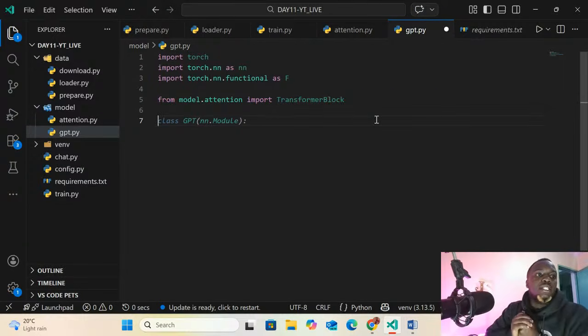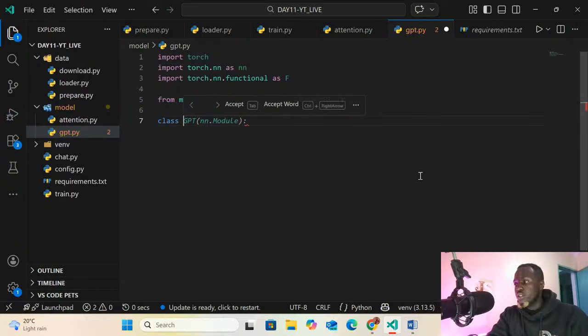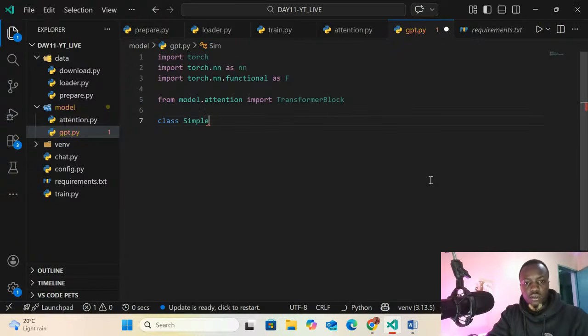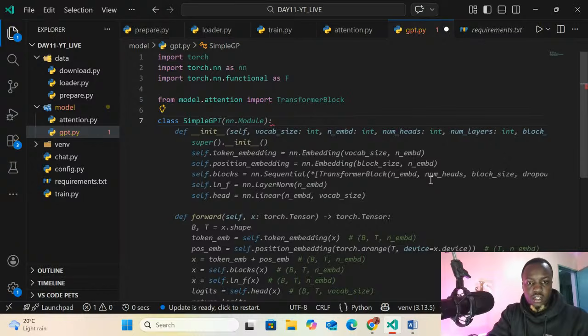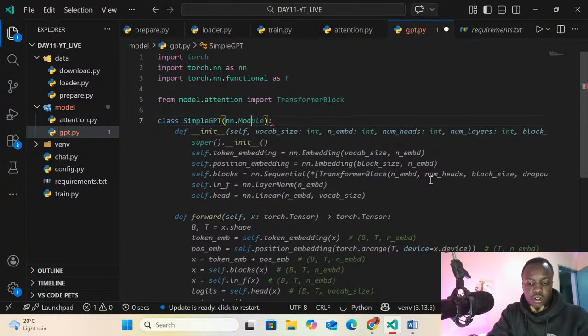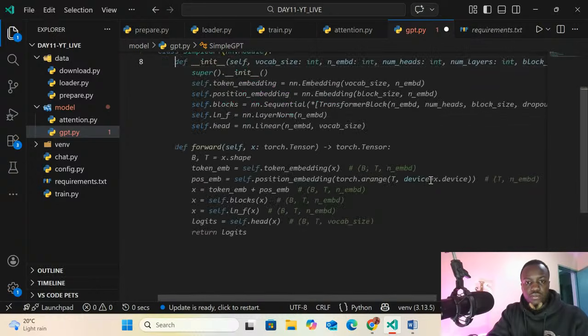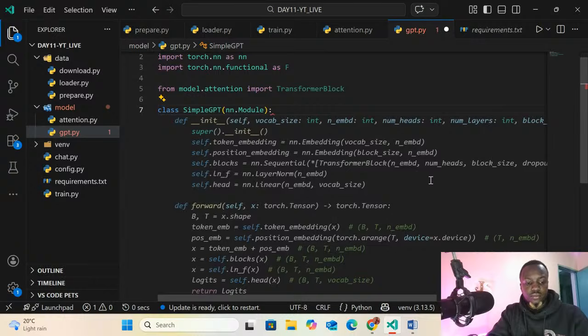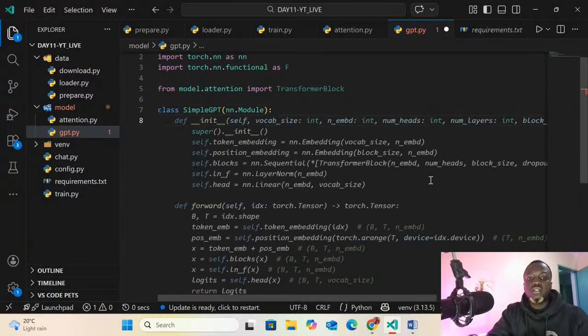So after importing, now we can create things like class. Let's call it SimpleGPT. SimpleGPT, then you can use nn.Module. nn.Module.